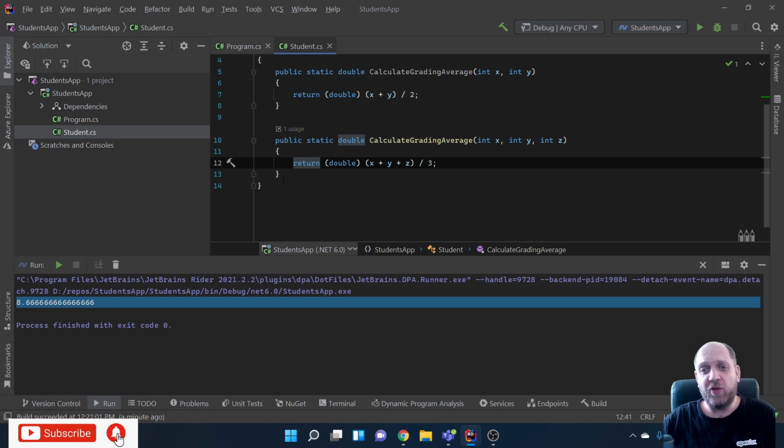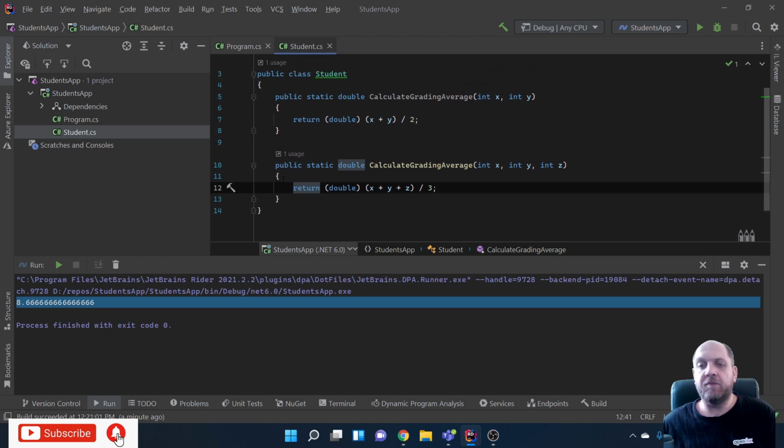So it's not that you have either 2 or 3 and that's it. It's totally variable. It could be 2, 3, 4, 5, 6, 7, 8, or maybe even 9. So it's crazy to create 5, 6, 7, or 8 overloads for the same method just to do that. So here is where C# params come into place, and they are very, very powerful and useful, because the